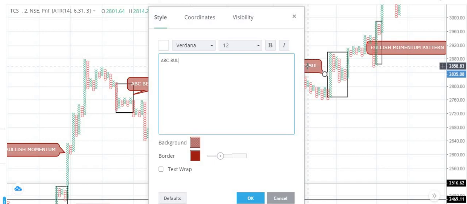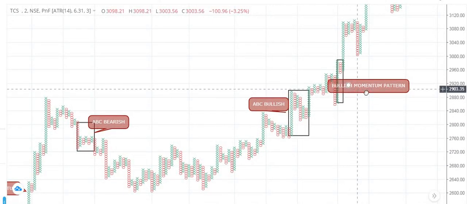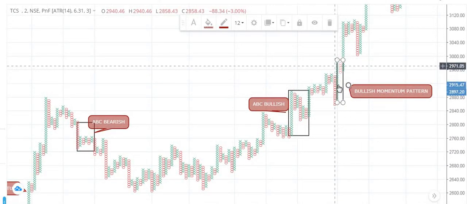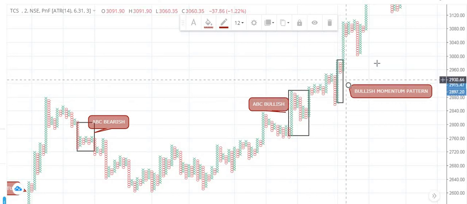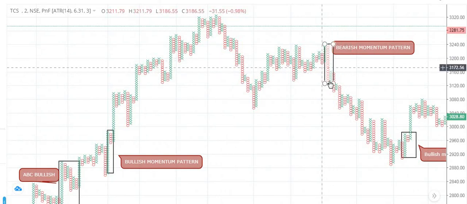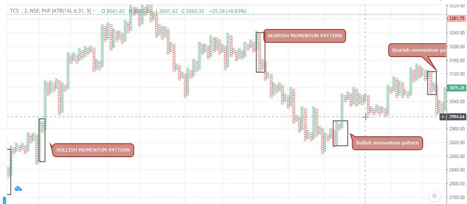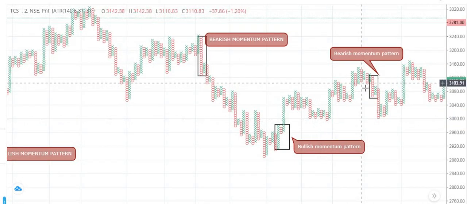ABC bullish, bullish momentum, one column, ABC bullish, right? Bearish momentum, one column, bullish momentum pattern, right? Bearish momentum,